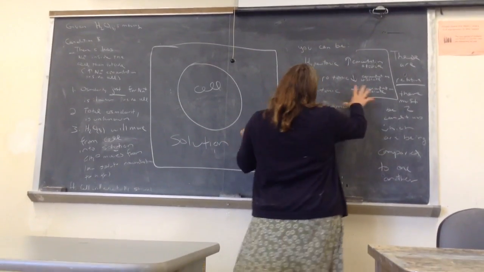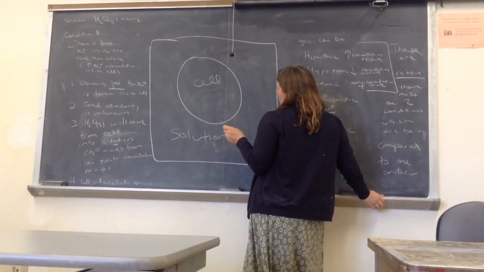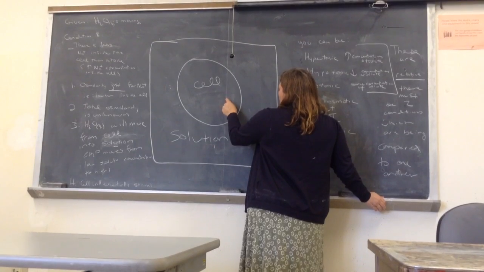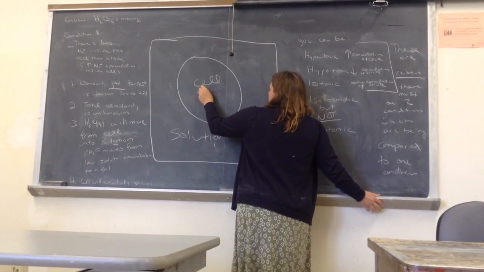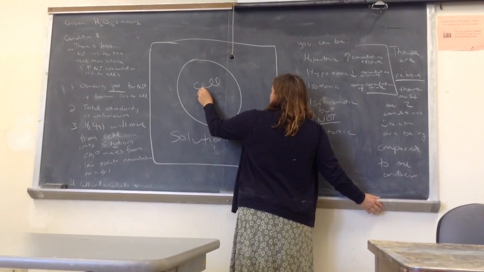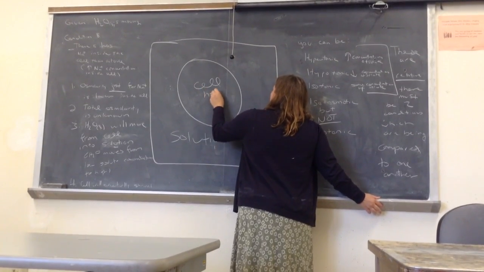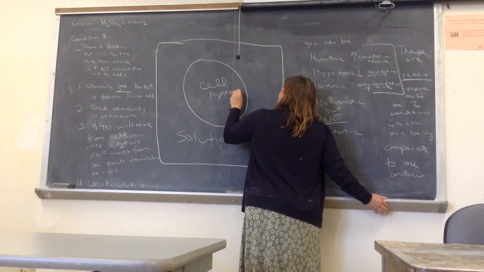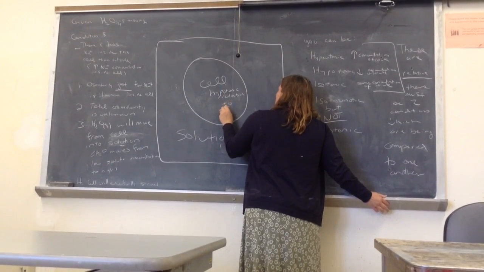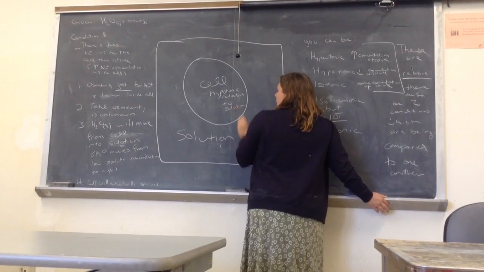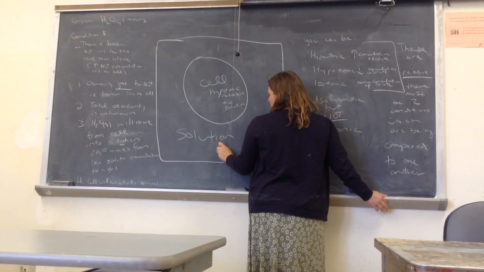All right, so going back to this, which one is hypertonic? Is the cell hyper or hypotonic relative to the solution? Hyper. So the cell has lower sodium, so it's hypotonic relative to solution. And that means the solution is hyper